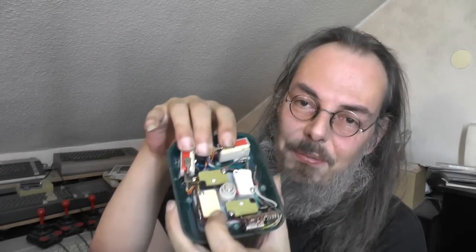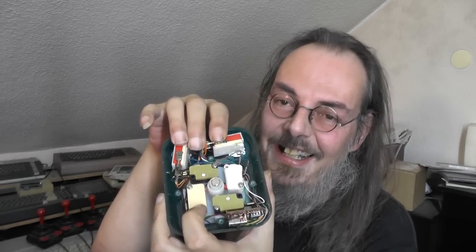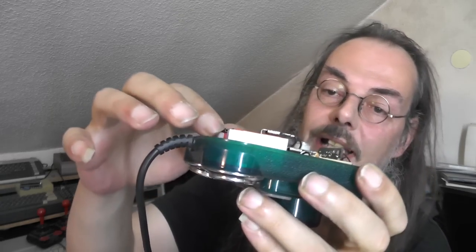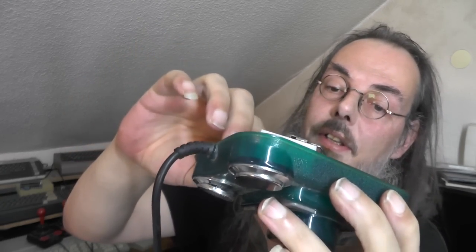Yeah, and this one is also still original. You see a quite colorful mix of switches in there. Those are the ones that came in the original micro switch Competition Pro. And the problem... oh no, wait. Yeah, the problem is that, I don't know if you can see it, but the usual micro